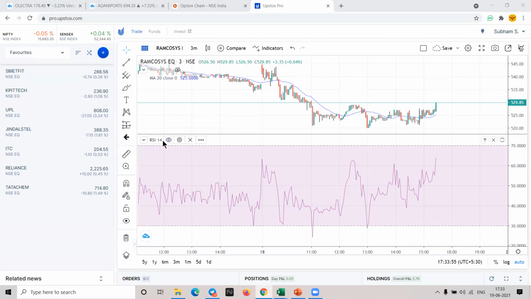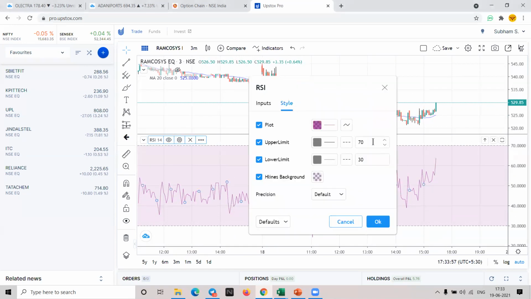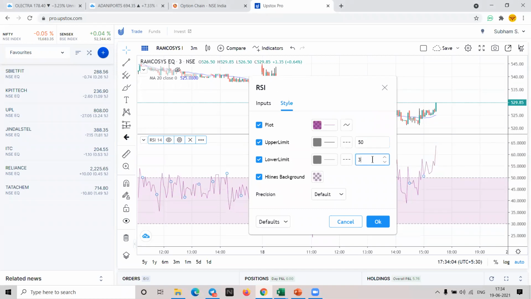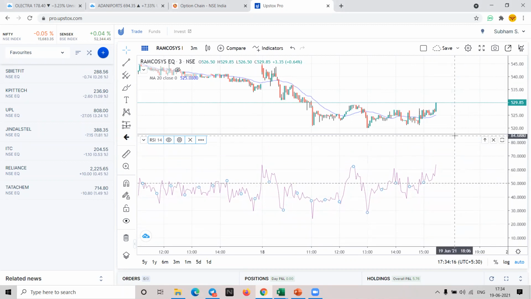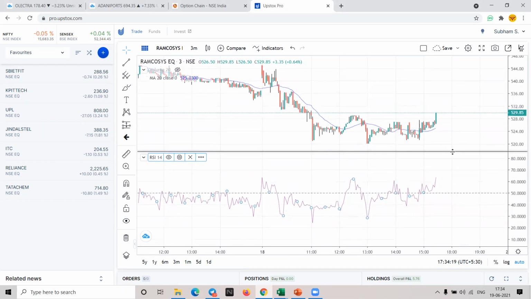So we use RSI in a little different way. We don't use upper limit and lower limit in this. We use a simple single limit in this. We only look at the center line, that is at 50. I have changed the upper limit and lower limit to 50 in this. Clear? Is it clear what I have done here? Yes. The reason for doing this is, understand that RSI basically tells us the strength of the move.